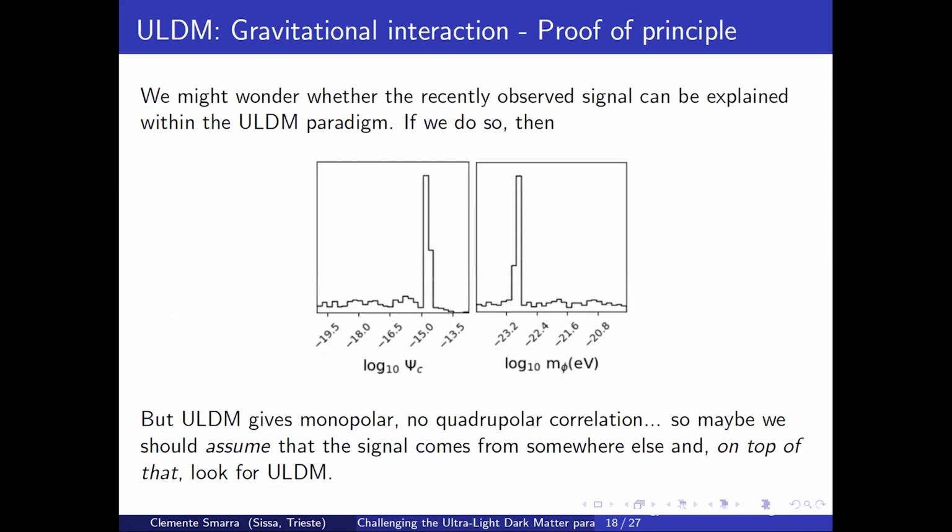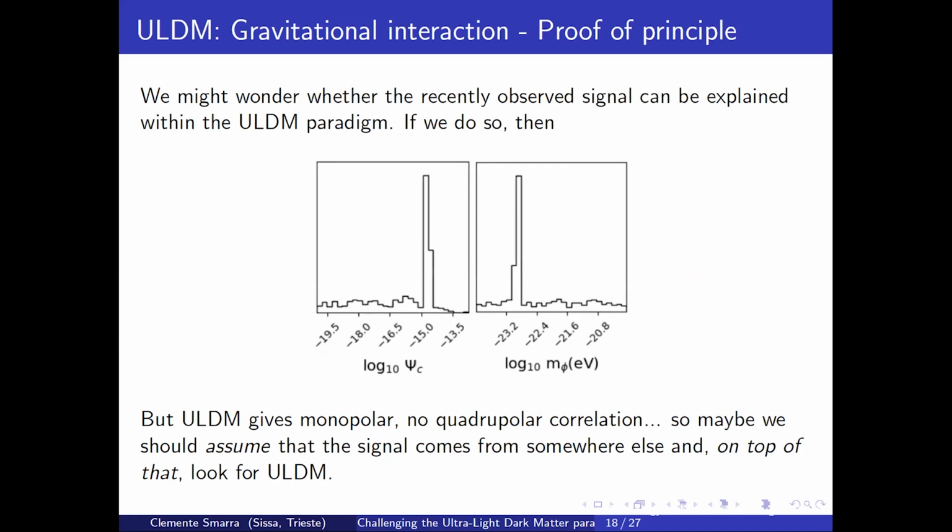So let me come to the results. You can say, okay, we have recently observed an excess with pulsar timing arrays. We want to wonder whether this excess that we observed can be attributed to ultralight dark matter and can be explained with the ultralight dark matter paradigm. So we just want to model the noise of the pulsar, add some white noise, add some red noise, and then we want to say, okay, then there is just dark matter.